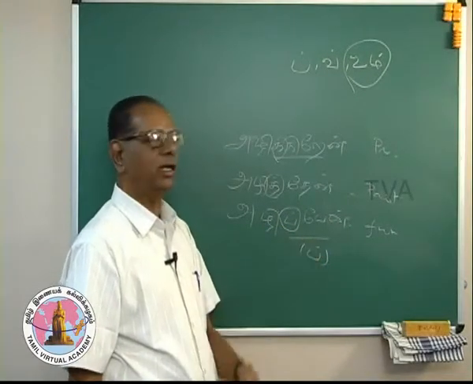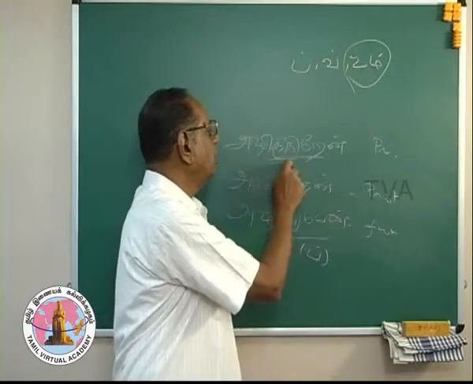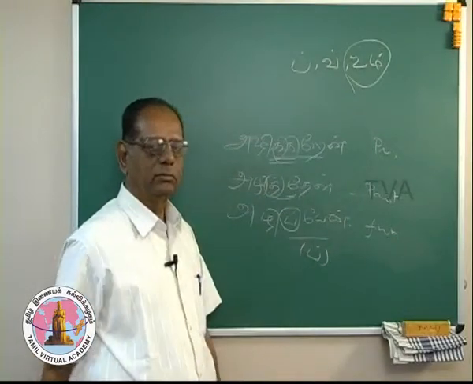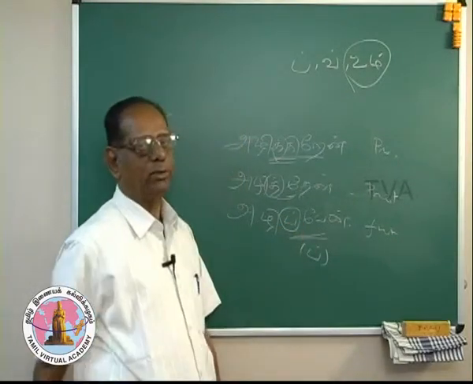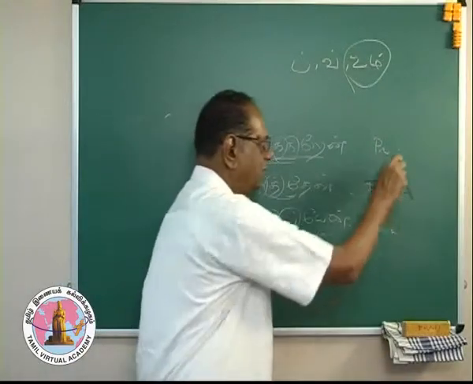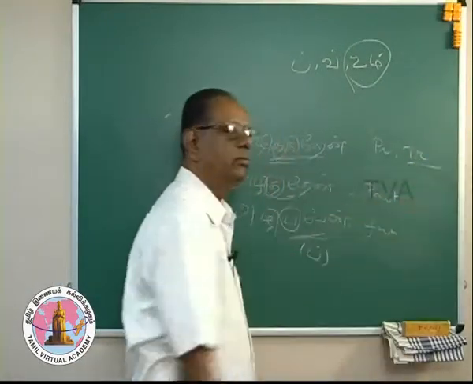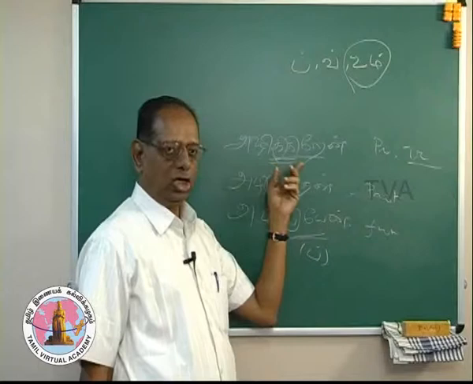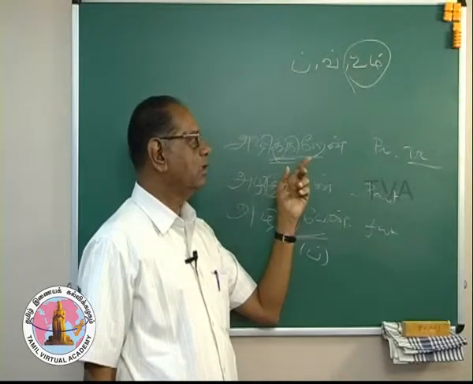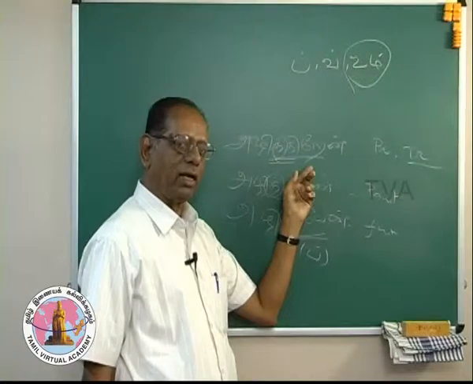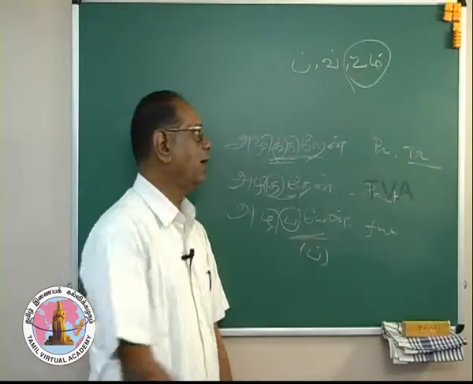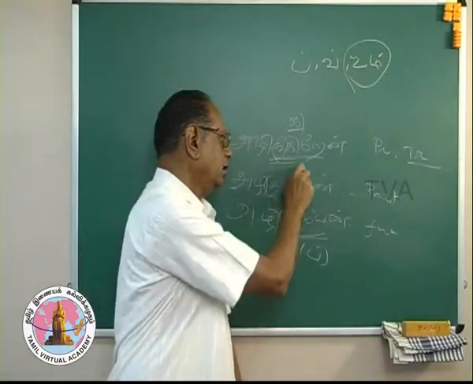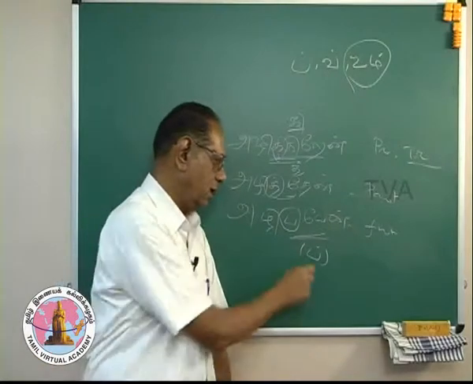I will put it differently. Here it got doubled. Here it got doubled. Here also it got doubled. So in the transitive form, verbs are likely to get a change, namely the consonant of the tense marker getting doubled. Here it got doubled, here it got doubled, here it got doubled.